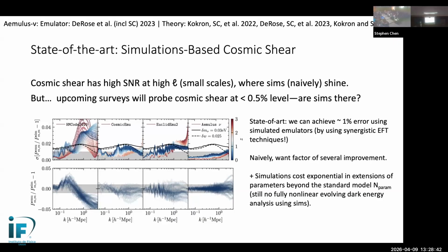Current step. And even in this case, I will mention, even in this case where we're really pushing the error bars down to below what you would need to detect a neutrino mass or dynamical dark energy within an emulator, these have been made noiseless because I'm coupling them with perturbation theory predictions, EFT predictions. So simulations on their own, it seems like it will be quite difficult to do.